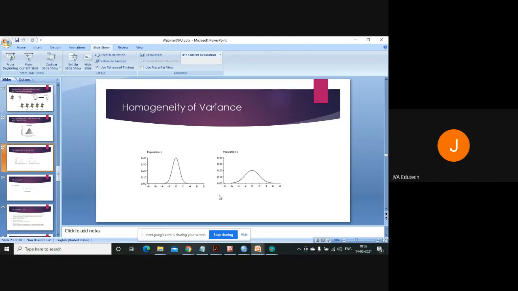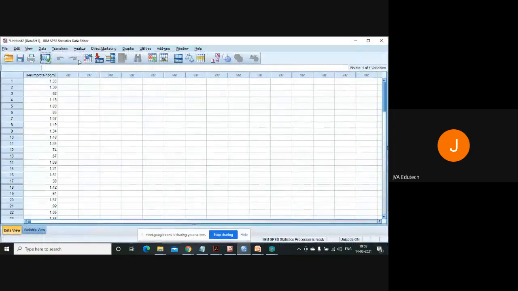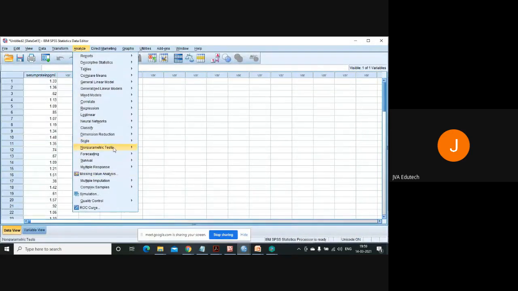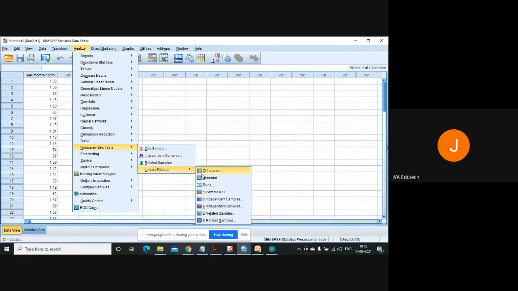If you have two groups mutually exclusive of each other, and they show homogeneity of variance, only then go for the independent sample t-test. Otherwise, go for its non-parametric equivalent, the Mann-Whitney U test. You can find this Mann-Whitney U test in Analyze, Nonparametric Tests, Legacy Dialogs, under K Independent Samples. You won't find Mann-Whitney written directly anywhere; it will be the K independent samples.